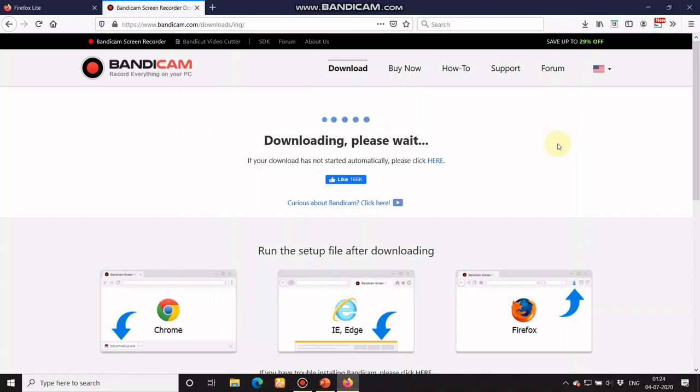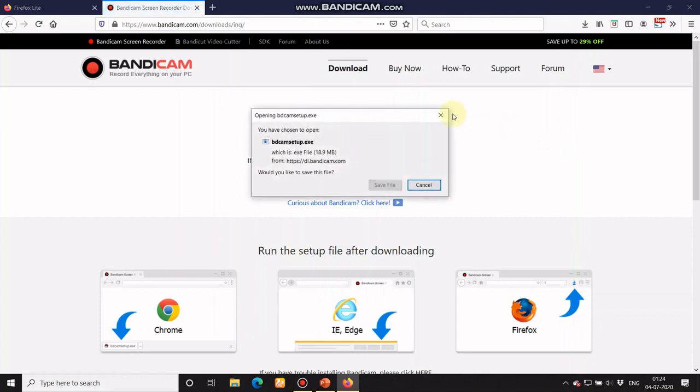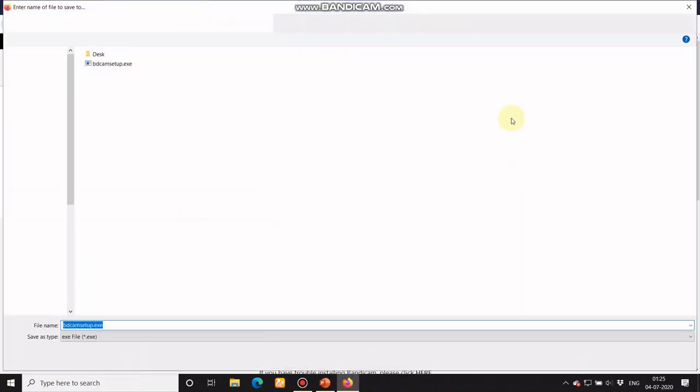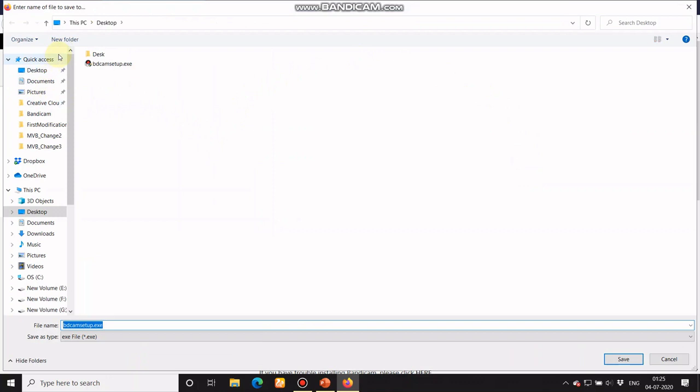Once you click on download Bandicam, you will be directed to a window as shown on the screen. You click on save file. It will ask you where you want to save the file. By clicking on save, you can save the file at that location.